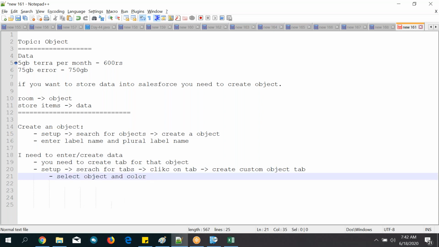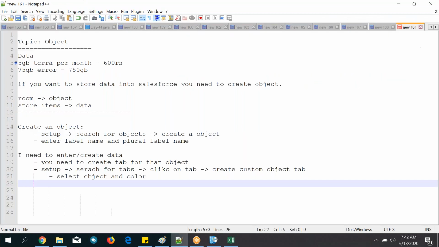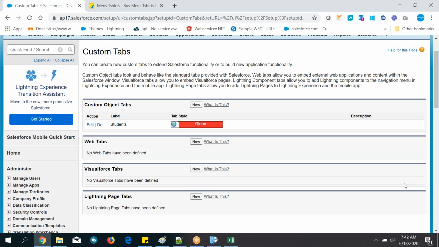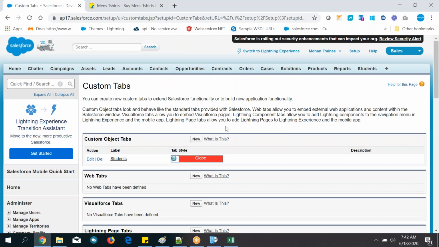That's it. Skip everything, skip means don't think about that. Finally save it simply. Next, you have created a tab, right? Can you check?